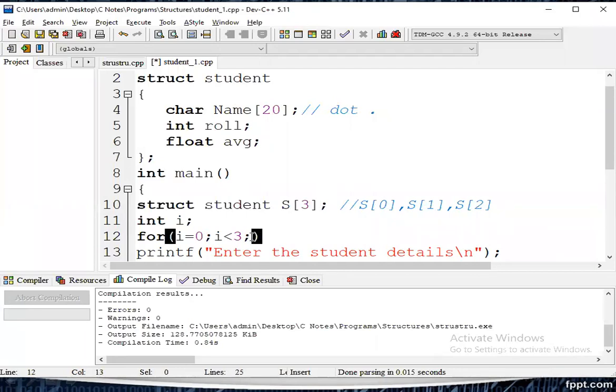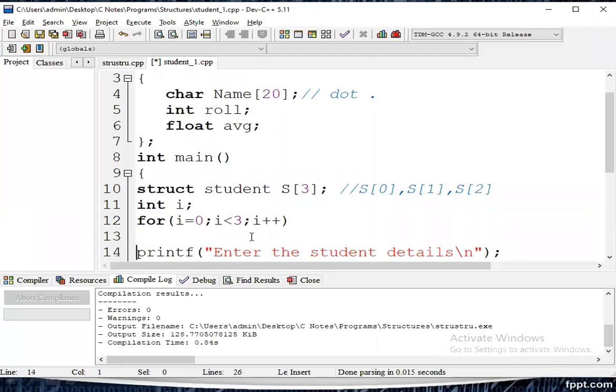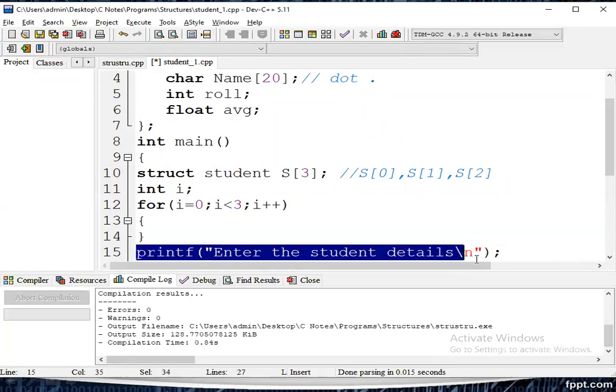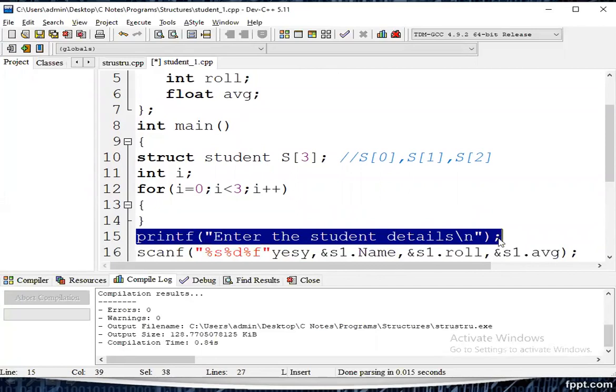That's why I am preferring only three students. Further, we can use a larger size.